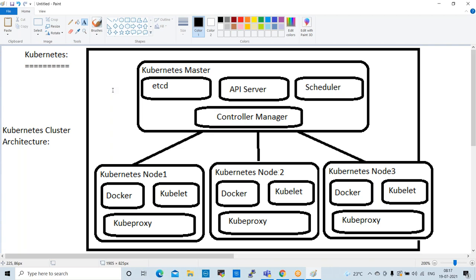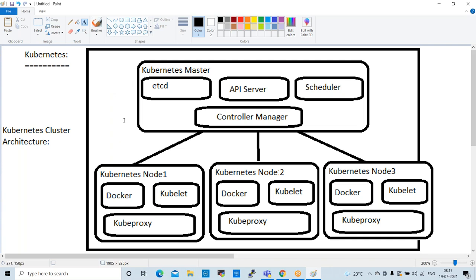So we have two types of applications available. Okay, the first one is stateful application. The second one is stateless application. Stateful means whenever the application is corrupted or anything goes wrong, automatically Kubernetes will check, and it will recreate that.